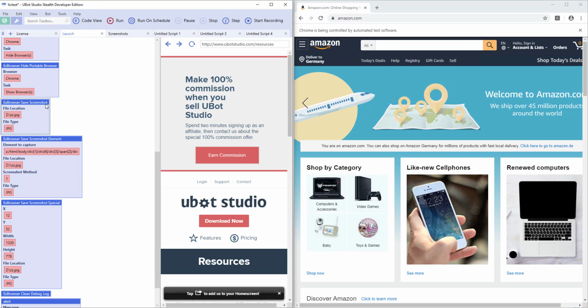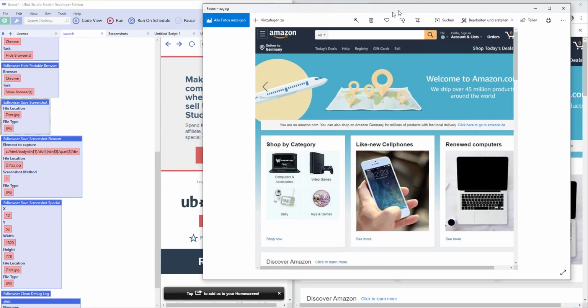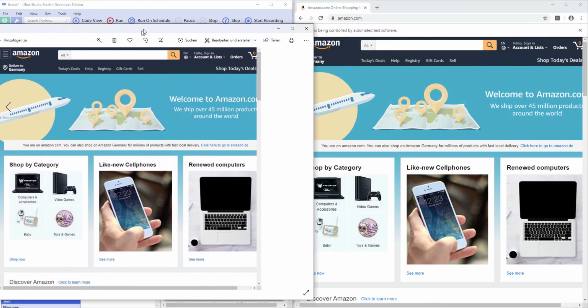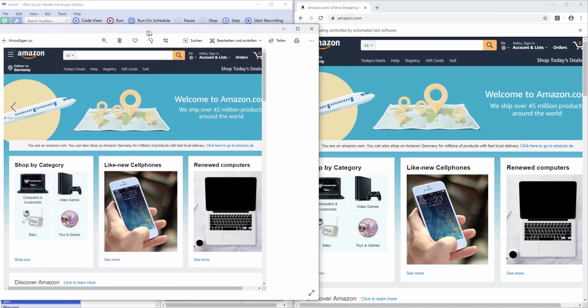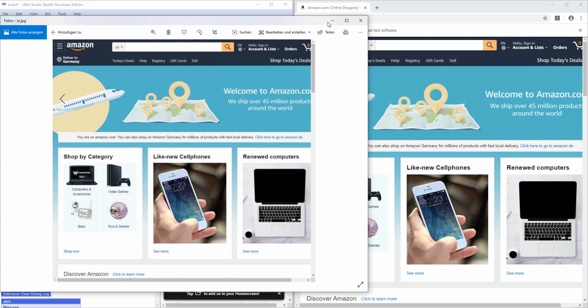Save screenshot, I think it's pretty straightforward. It saves a screenshot of the viewport of your browser. So it does not save the complete website, it saves what you currently see in the browser window. So for example, I just took a screenshot and this is the actual screenshot. As you can see, it exactly takes a screenshot of the browser window that is currently shown in my